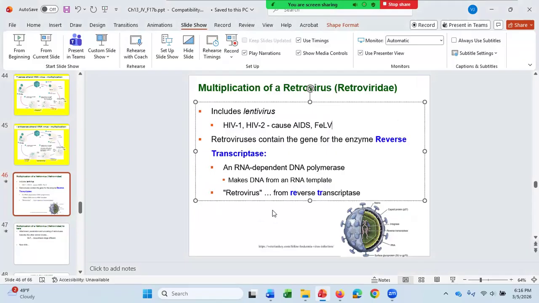The reverse transcriptase protein is actually inside. There's one copy. I think it's right there. There's one copy of the protein inside the virus. This virus is an envelope virus. That's the envelope right there. These are the spikes, glycoprotein spikes. There's the